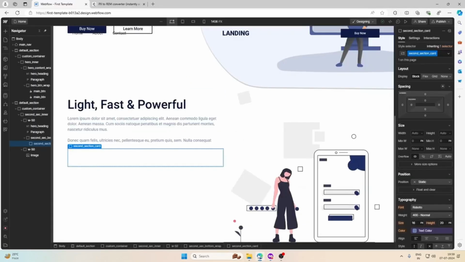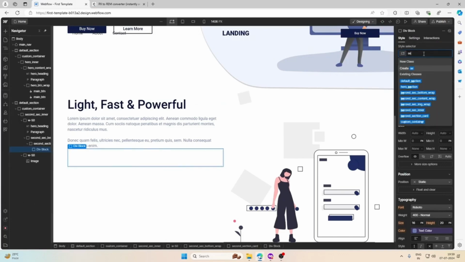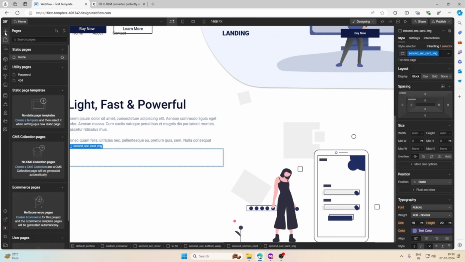So let me add the structure here. First goes the image, so I will create a div here for the image container. Second section card. This is my way of giving the name. For a bigger application, so you don't